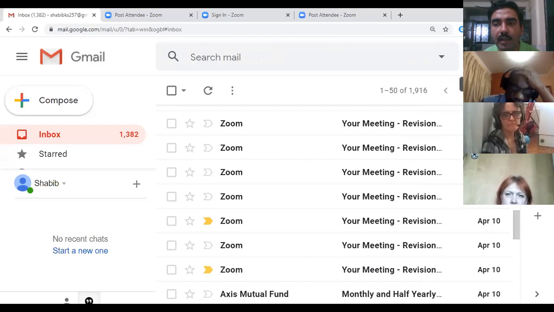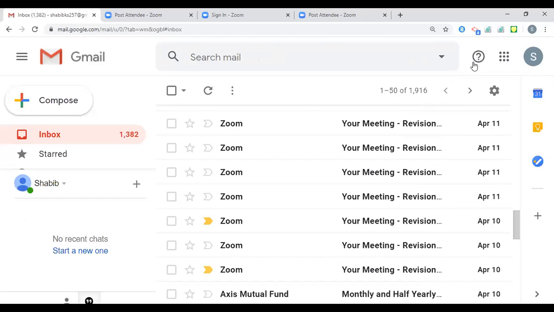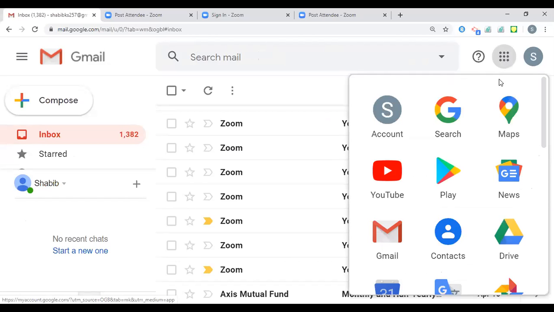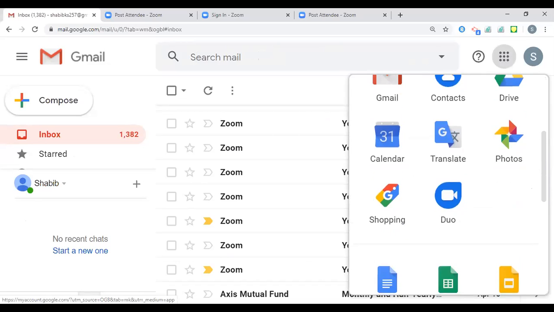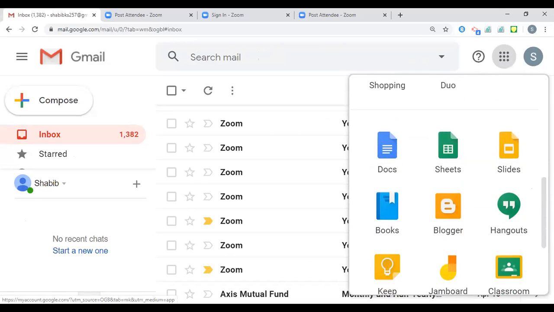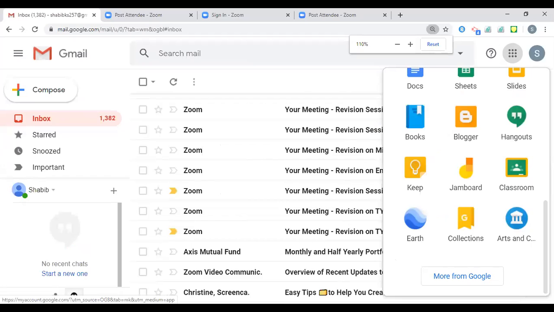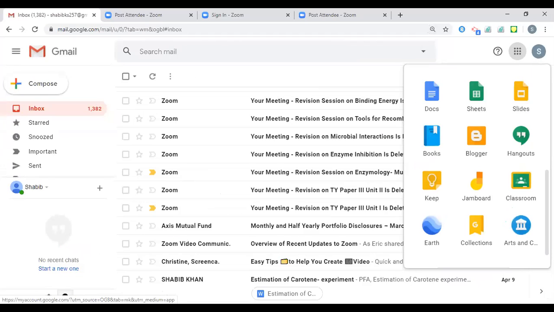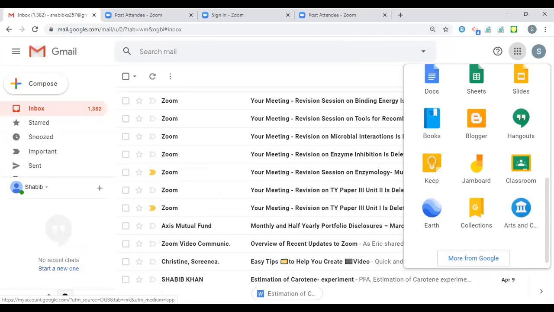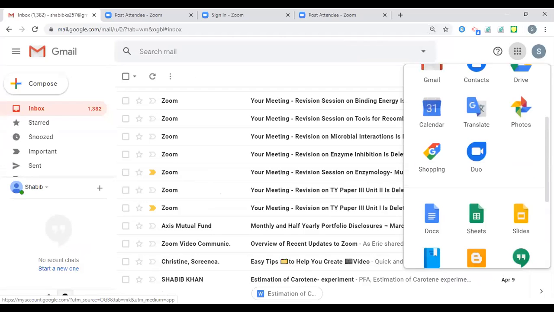So you need to click on here. There are 9 dots at the center. Here, if you see, you have to click on this Google Apps, and then you have to scroll down and go to Google Forms, which should be there. If it is not there, you can also go via Google. Yeah, so there are different ways of going to it. Google Form should be there.